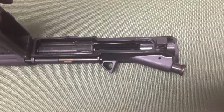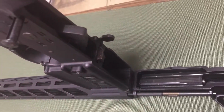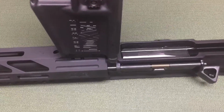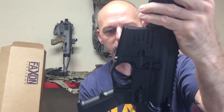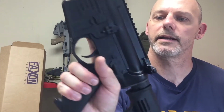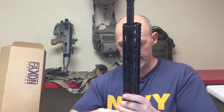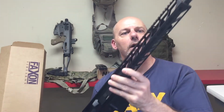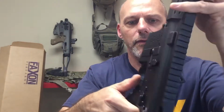Next up, it says it has an enhanced forged receiver, and if you know the difference between forged and billeted, forged, the receiver is actually shaped and then machined, and then billeted, from what I understand, they start out with just a raw square block of aluminum, and then it's machined out the way they want it. And so there are pros and cons again to each. They both look good to me. I think the tolerances on this, as far as all the pins and everything else go, it looks like it is mated up to the upper very well, and so it looks very good to me. Again, I'm not the expert, but just from a machining standpoint, it looks like it is well machined and very well thought out, and just like I said, for the budget, a very